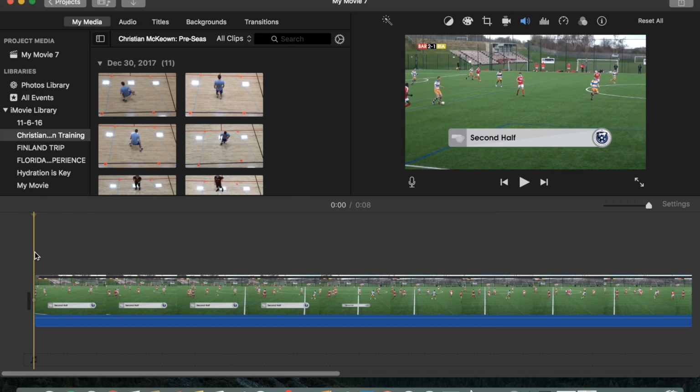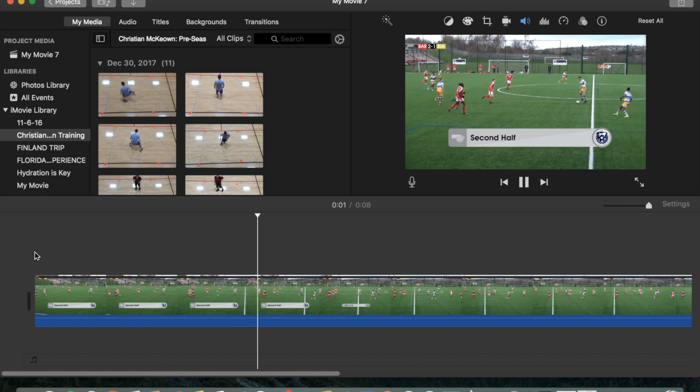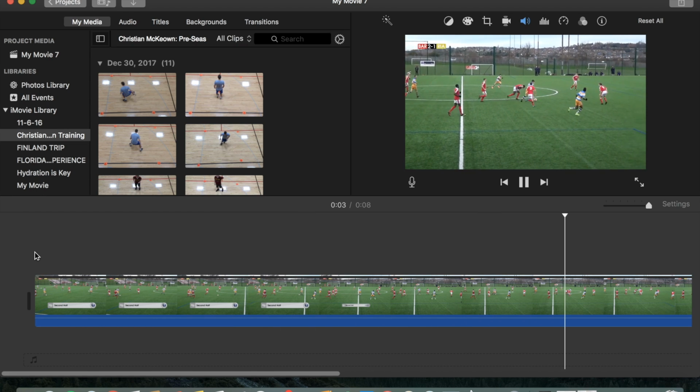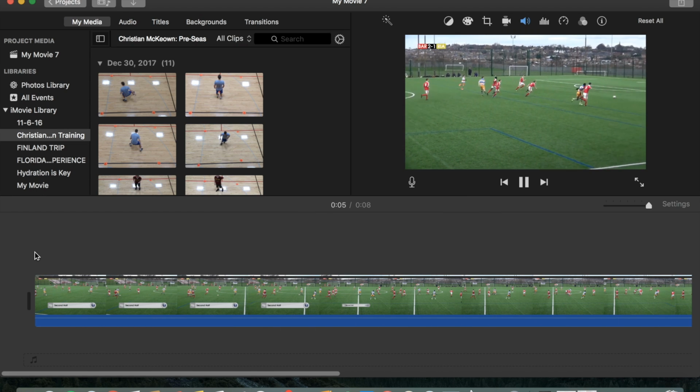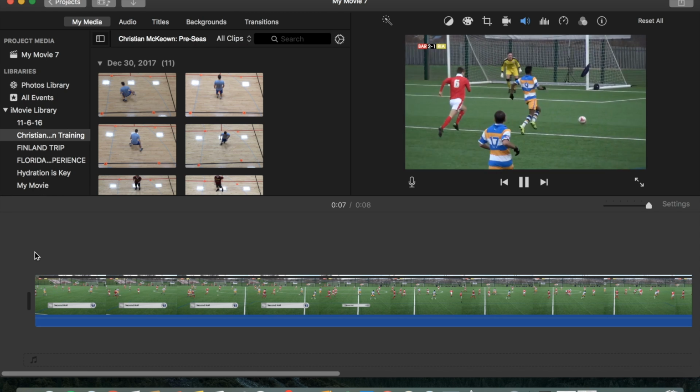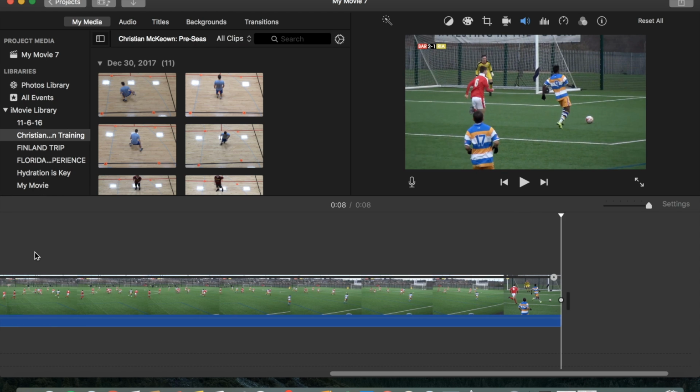So I have this clip right here from a game that I played in, and I'm just going to play the clip really quickly. So here I am, and I receive the ball, do a little Maradona turn, and play it through to my teammate who's running onto it. So if I just pull it back to the beginning,